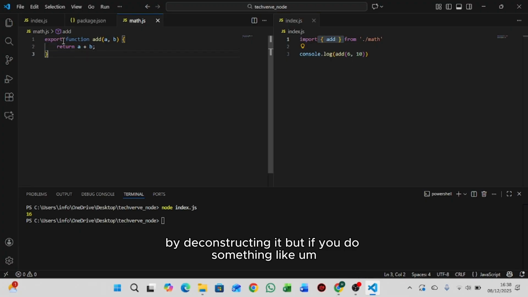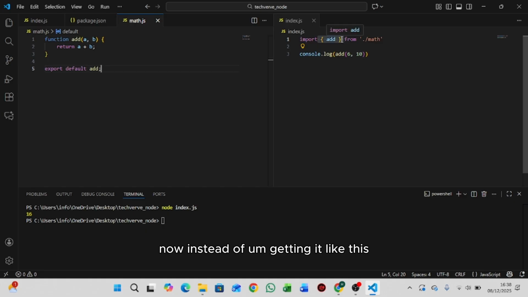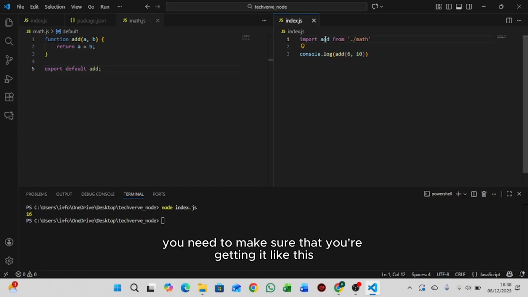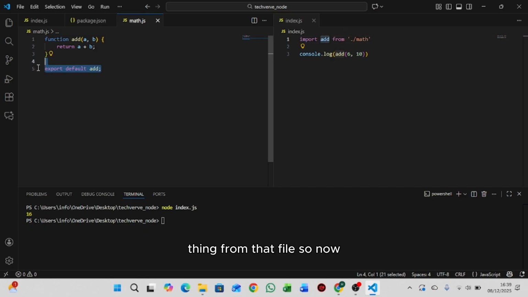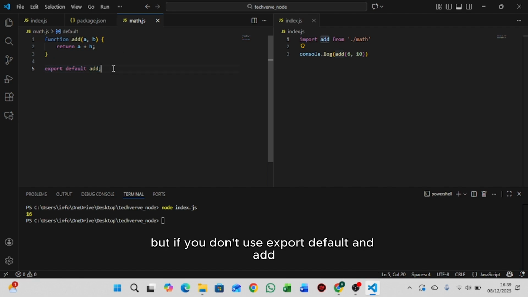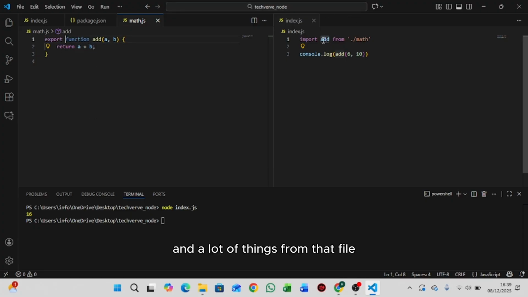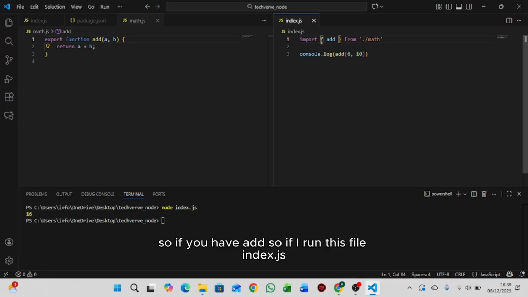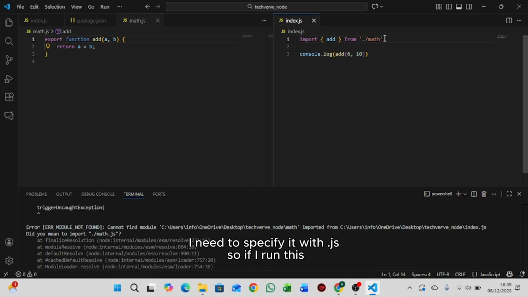But if you do something like export default add, now instead of getting it like this, you need to get it like this. So you don't need to deconstruct it, because it means that you're only returning that thing from that file. But if you don't use export default add, and you're just using export, it means that you can return a lot of things from that file. So if I run this file index.js, I cannot find it, okay, I need to specify it with .js. So if I run this,